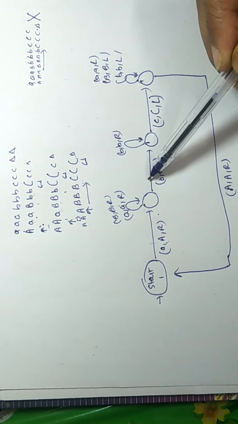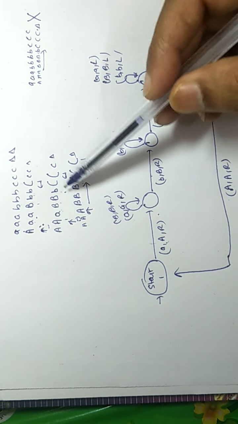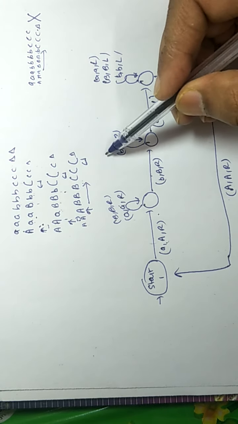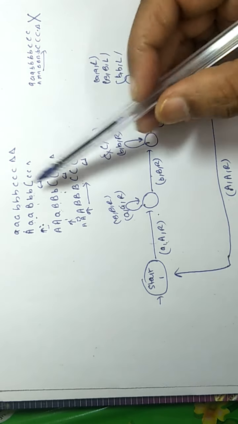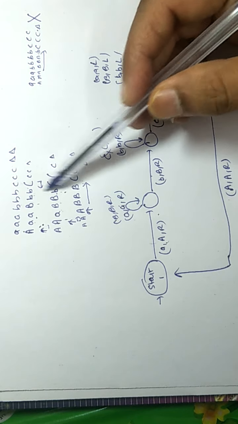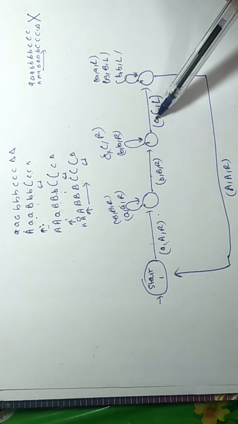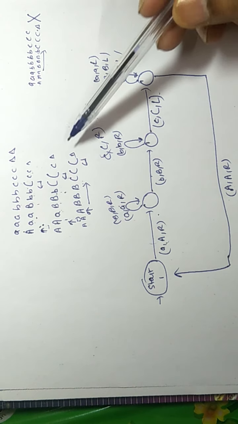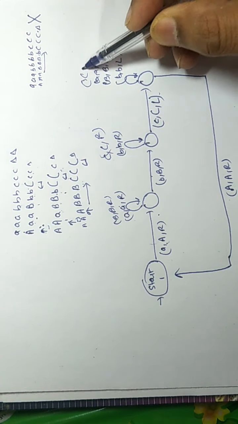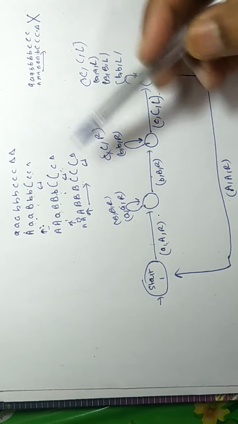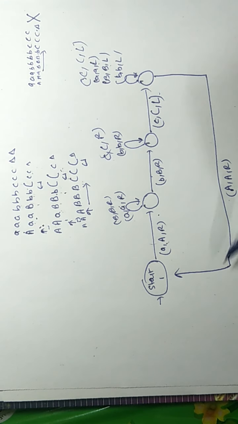Then we move forward. We get a small b, convert it to capital B, and get a small b, and then we will get capital C's. We convert it, then we get a small c, and we convert this to capital C. Now we will come back from this capital C, so we can get capital C's also. Then we will get a small b, then capital B, then small a, then capital A.